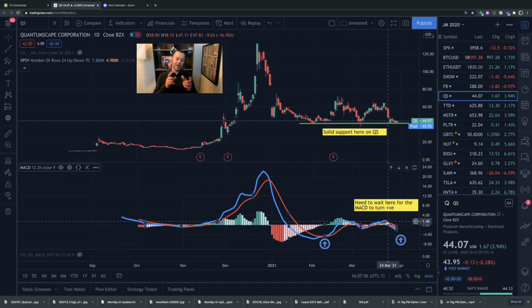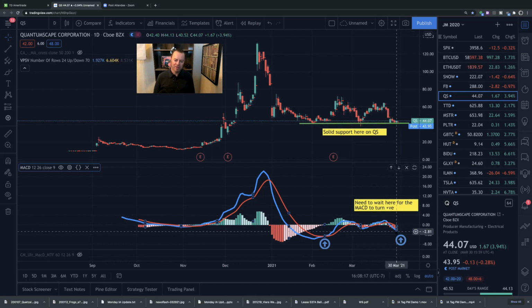If you had used the buy and sell signals using this, they were good half the time for the entry side, but not for the exit side. And that's why you need to look at, again, your trend lines, your support, your resistance, and your RSI to make better decisions. Now, what I'm saying here regarding QuantumScape is we haven't turned green yet, but we are at